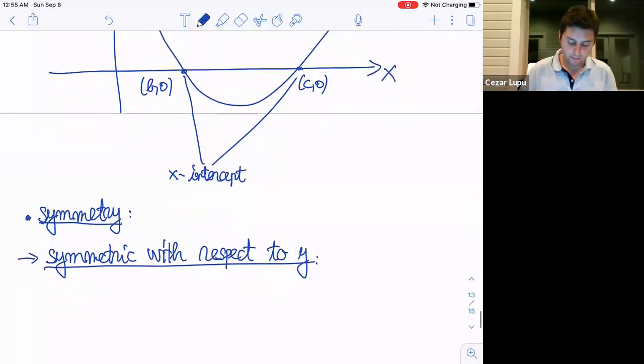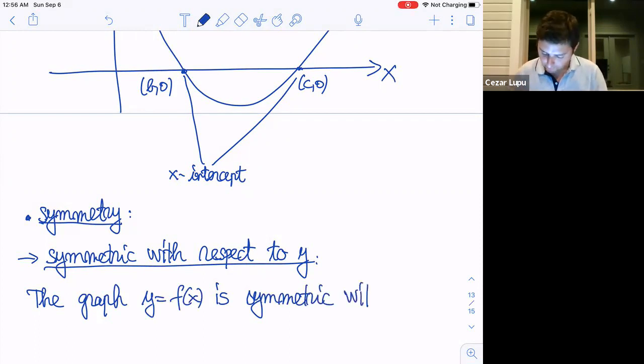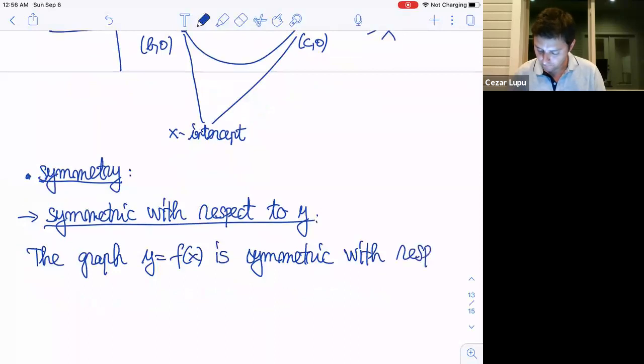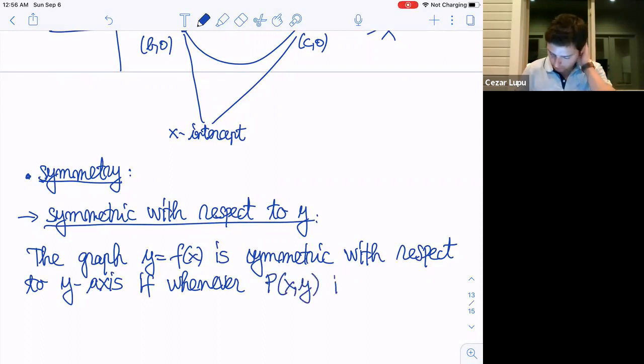We look at this graph. We say that the graph y equals f of x is symmetric with respect to the y-axis if whenever, let's say, this point P of coordinates x, y is a point on the graph,